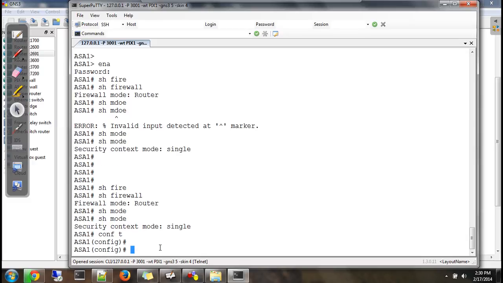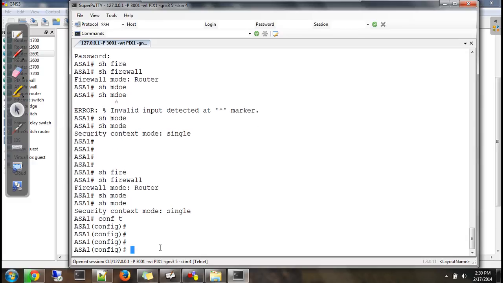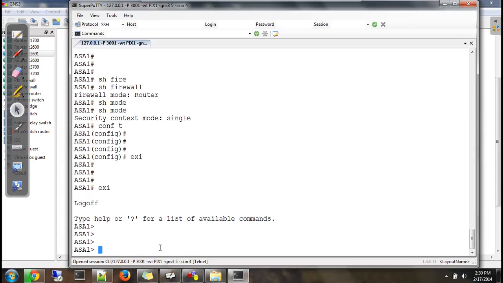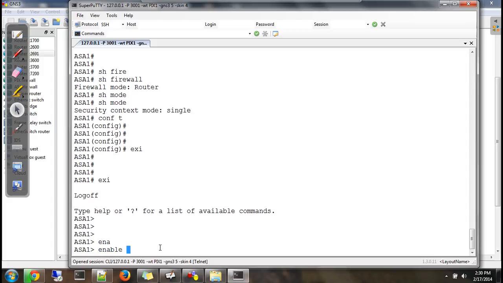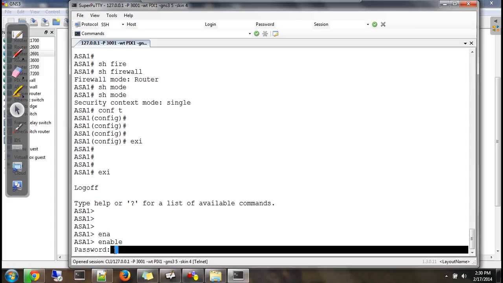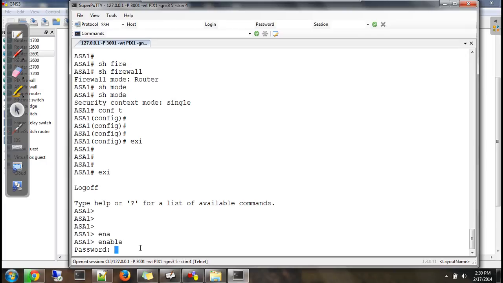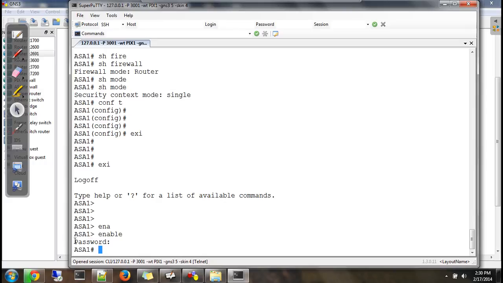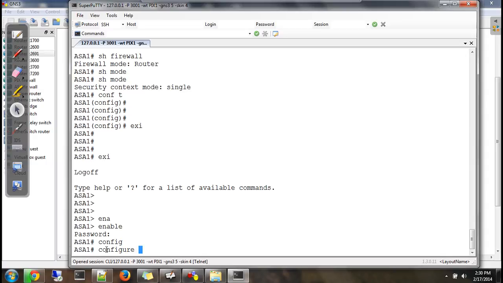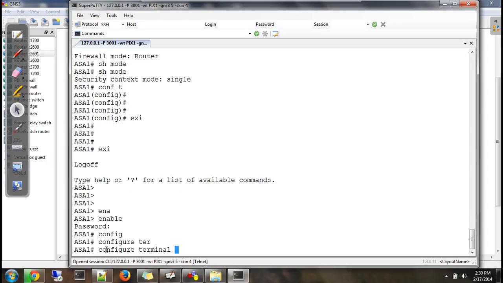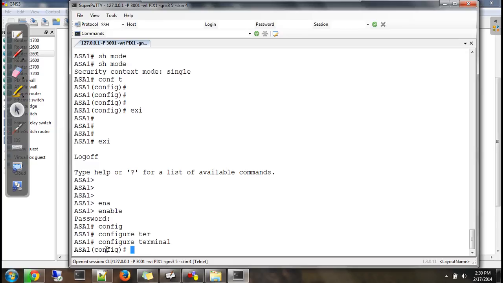Okay, these commands you can execute from config t mode also, global configuration mode as well. And when you type enable to get to the privilege level, you will be prompted for a password. Actually by default on the device there is no password, so you can just directly hit enter, get to the privilege level. Under privilege level just type config t or configure terminal, the same command like what we have on the router, get to the config.